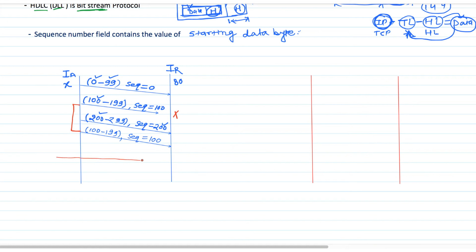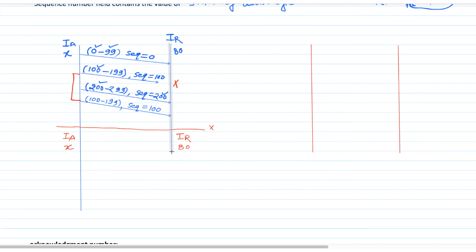Suppose after some time, the same source, having IP address IA and the same port number, wants to forward some more data to the same system, the same IP address IR and the same port number. Again the system is going to send some data bytes to the same receiver. As it is the first data bytes, it is going to forward data bytes from 0 to 99, and the sequence number field will have the sequence number of the first data byte, that is 0.